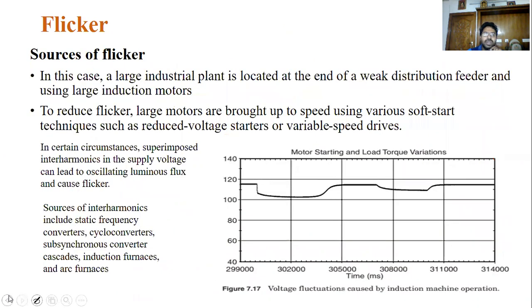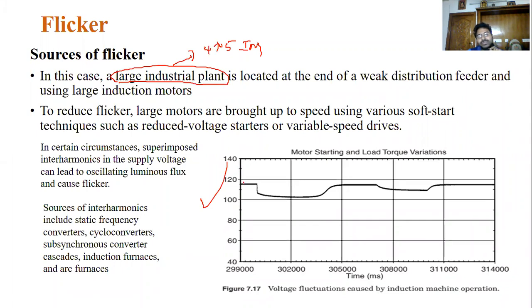Now see another example, a large induction motor. In an industrial plant, consider nearly 4 to 5 induction motors that we are going to start.